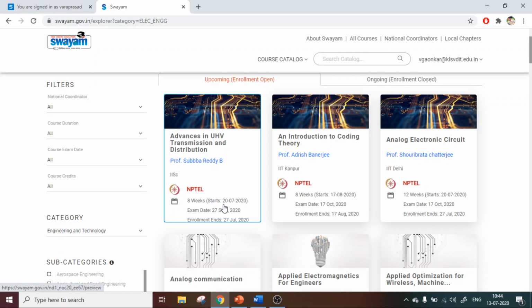It is an 8-week course, starts on 20 July 2020, exam date is 27th September, and enrollment ends on 27th July. Similarly, this one is by IIT Kanpur, 8 weeks. Analog Electronic Circuits is by IIT Delhi and it is a 12-week course. Correct? For example, let us assume that I want to join this course.